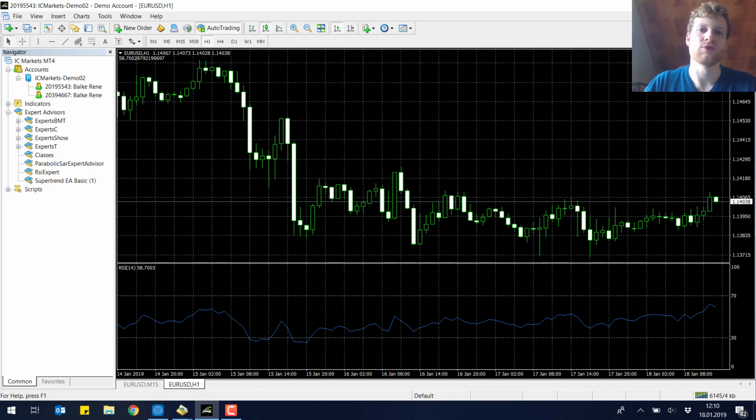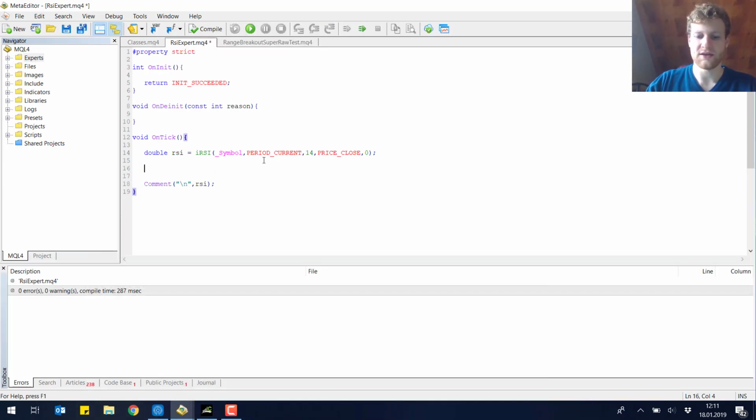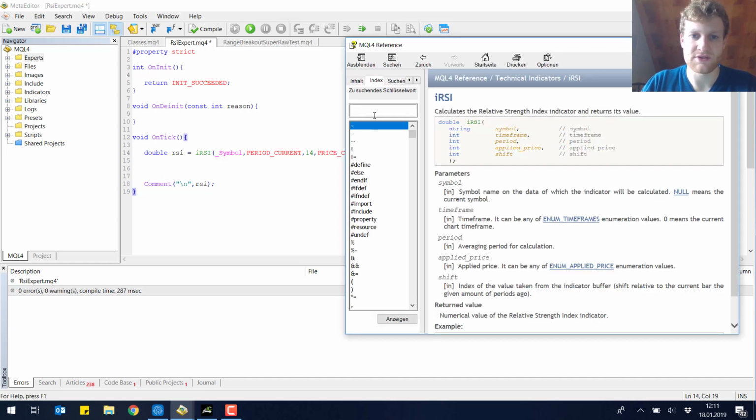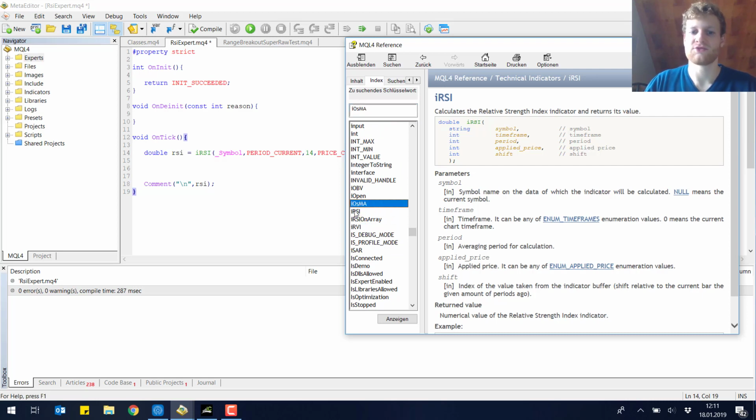So that's pretty much how you can receive the value from a standard indicator in the MetaTrader 4. You can also choose iMA for moving averages, iMACD for the MACD, or iStochastic for stochastic, or iSAR for the parabolic SAR. You can see several of these indicators. There are several indicators. You can just scroll through the documentation if you want to know which indicators are available,